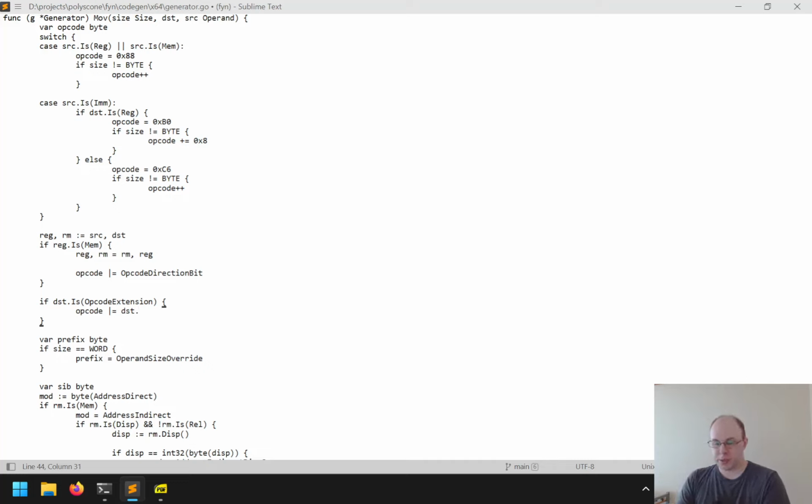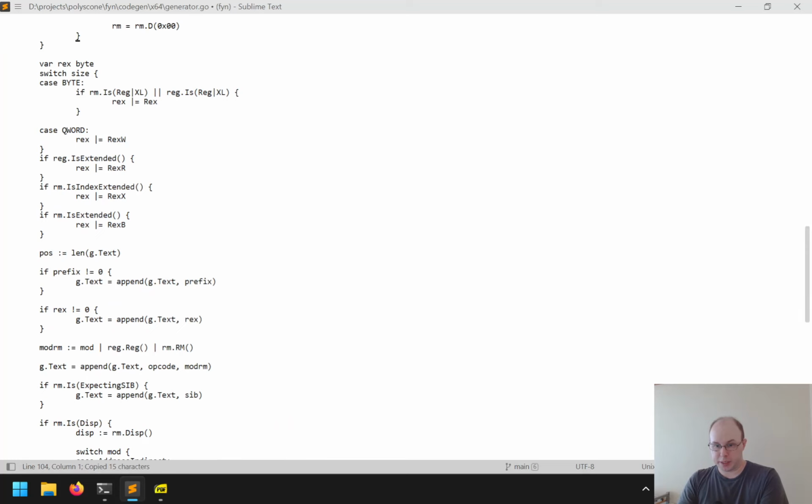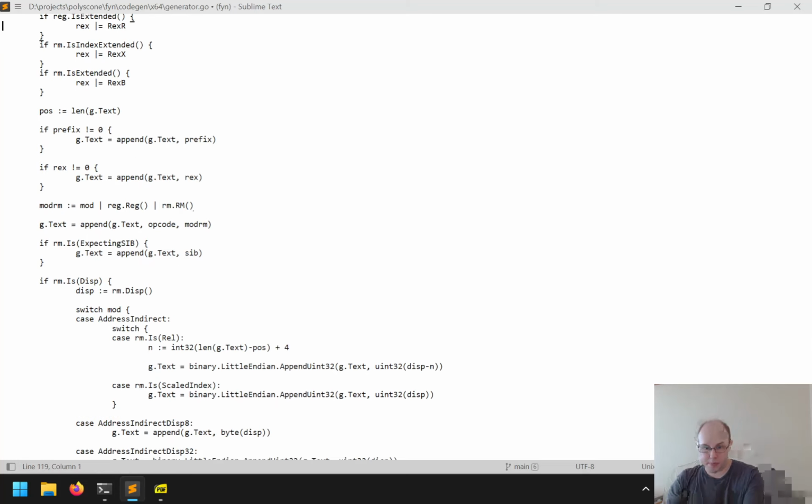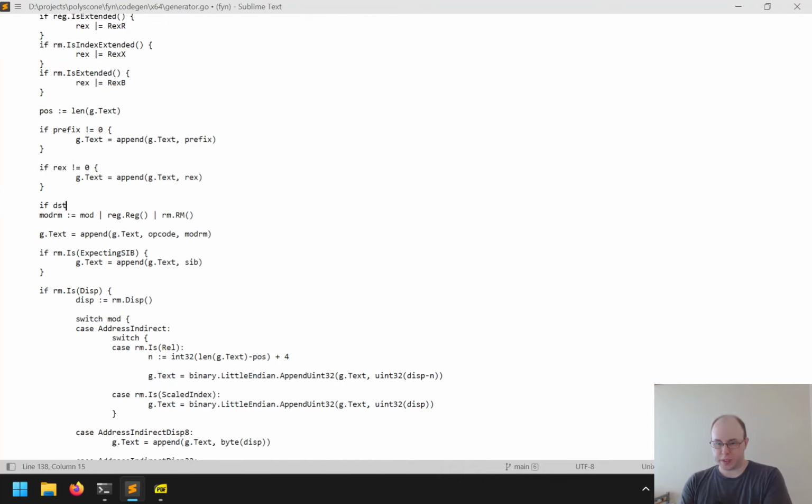What should we do? We do dst dot rm, which would give us the low 3 bits. So that would give us the register number in that case. And we'll also want to skip the ModRM if this is the case as well. So if DST is, let's see,